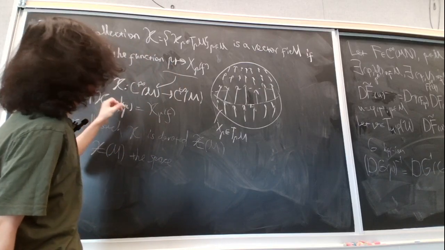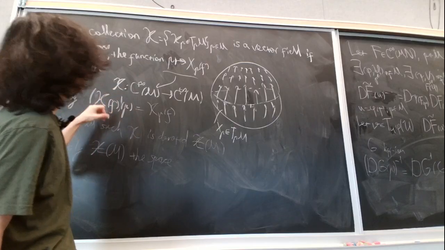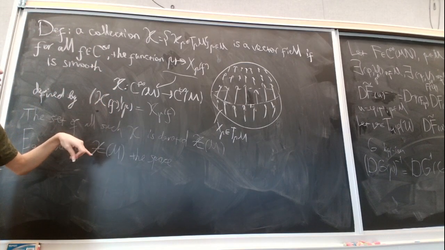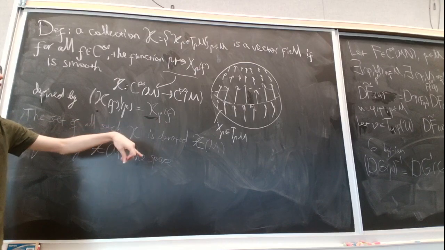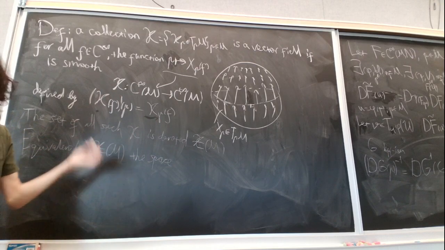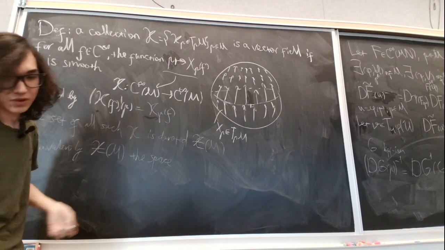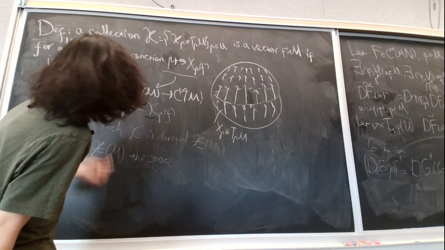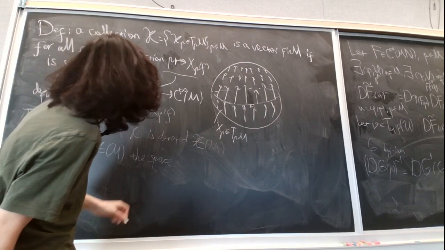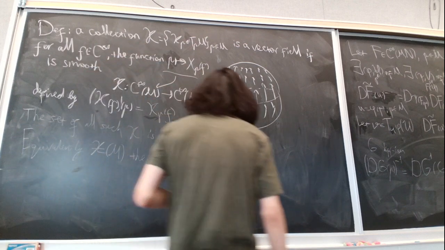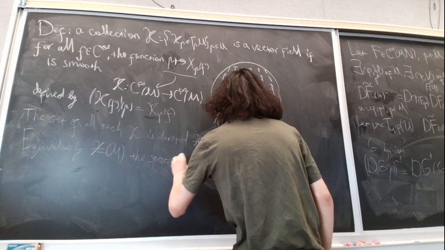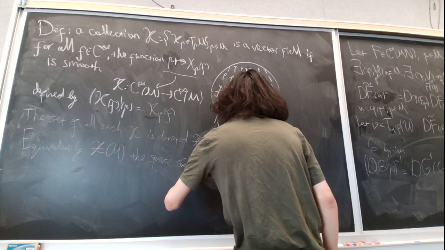You can quite easily see that these X are linear maps, because each X_p is linear. Differential operators are linear. And so it gives you a vector space. And so you can define it like this, or you can define it as the space of linear maps